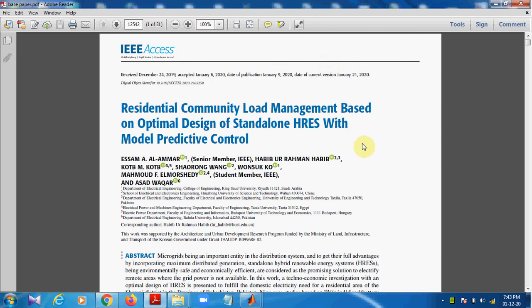Hi, welcome on. So today we are looking at some projects in power electronics. The project title is Residential Commercial Community Load Management based on optimal design of standalone HRES with model predictive control,